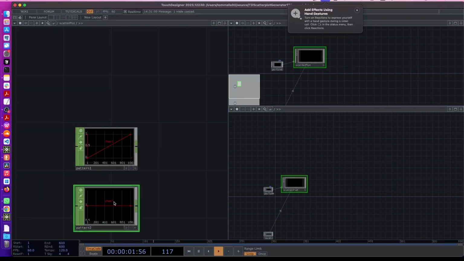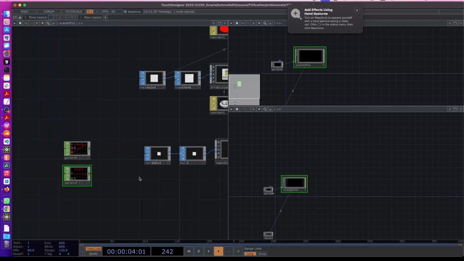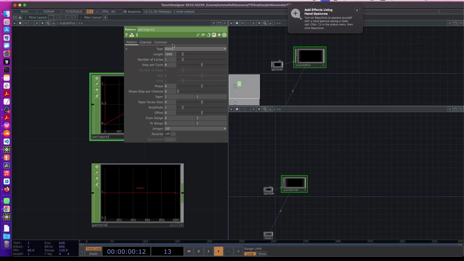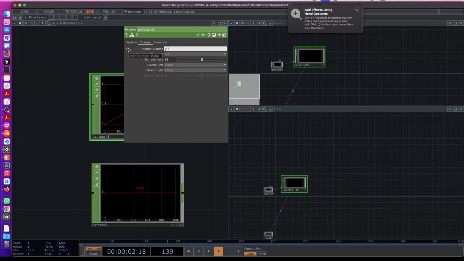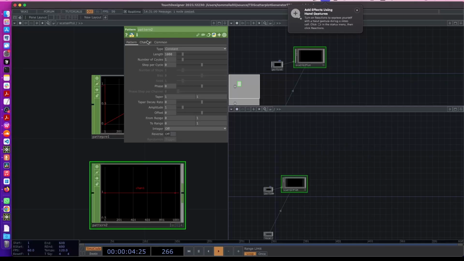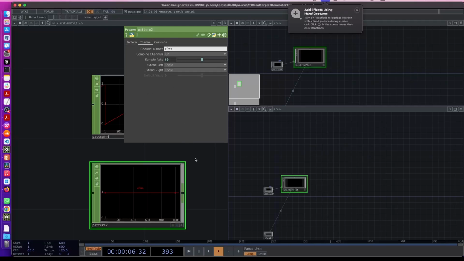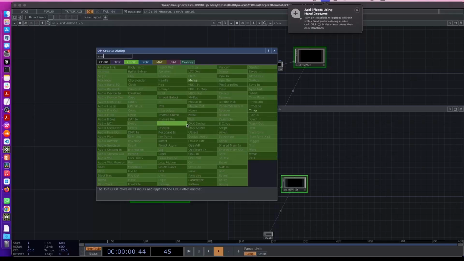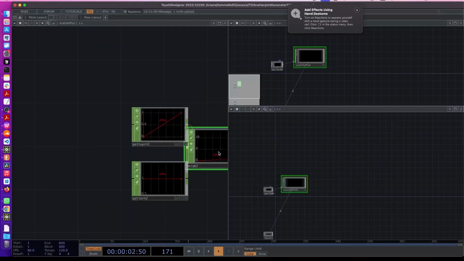We can name them y pose and x pose, and merge them. So we need one channel at the end,